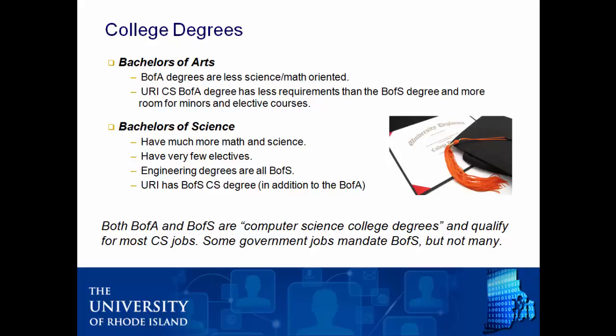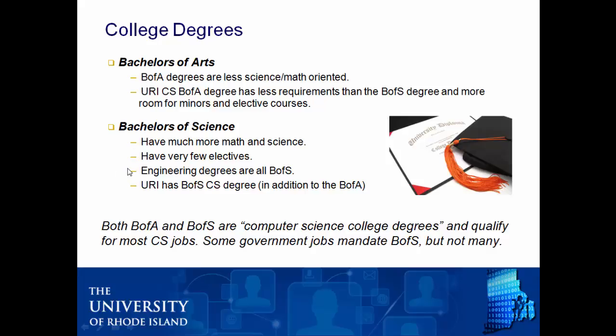So typically students who want to double major, say major in computer science and also have a second major in education or a second major in art, will pick the Bachelor of Arts degree. Also, the Bachelor of Arts degree allows you to do more minors, which I'll be talking about in a few minutes. Now, Bachelor of Science degree